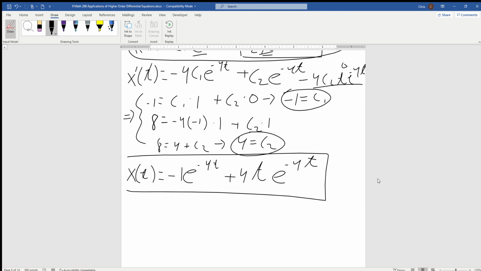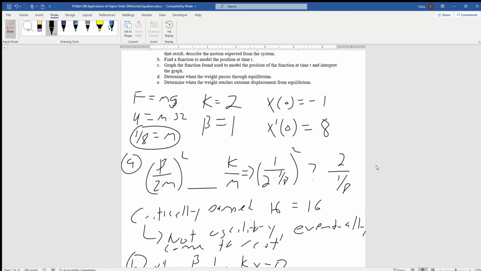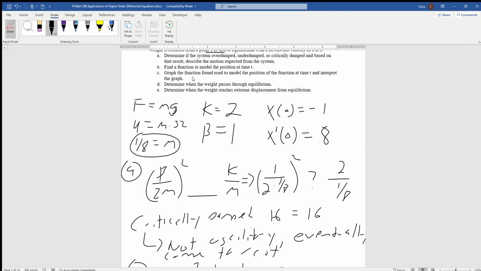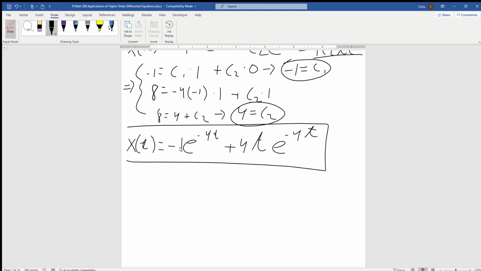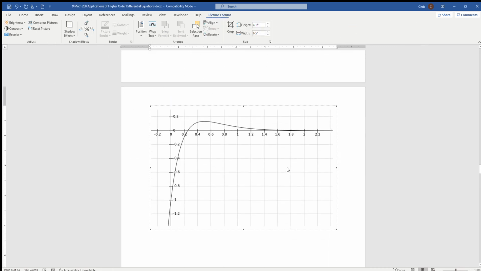Right. What does that look like? Well, we kind of have an idea, right? But part C says graph the function and interpret the graph. All right, so let's go ahead in our calculators. We can graph this. It shouldn't be too difficult. I'm going to go ahead and insert our graph. So here's our graph,